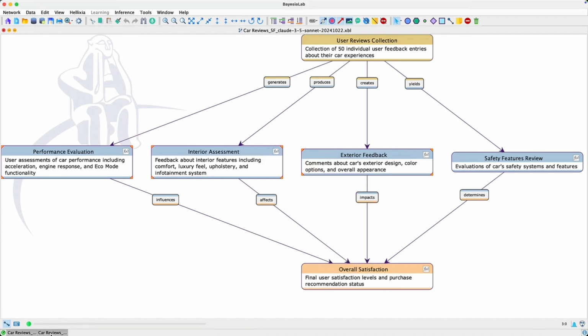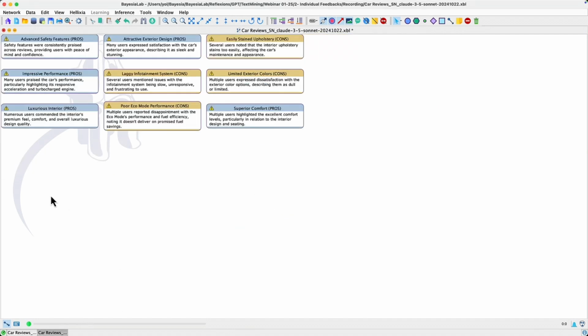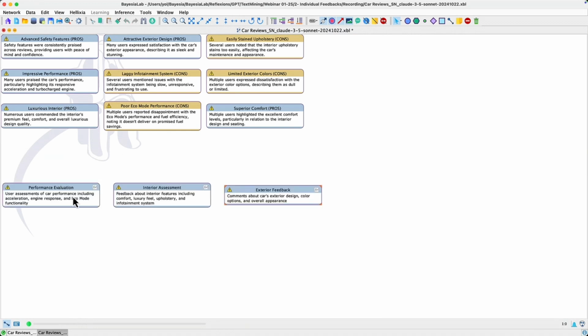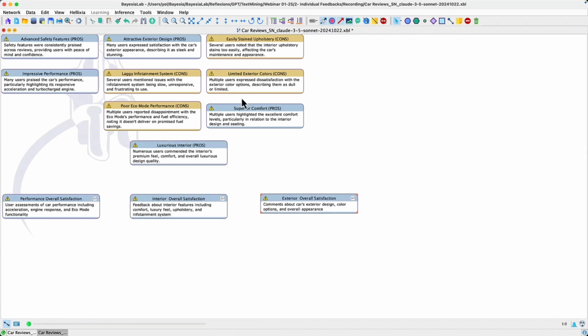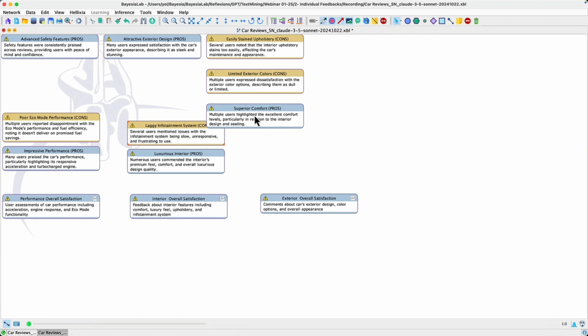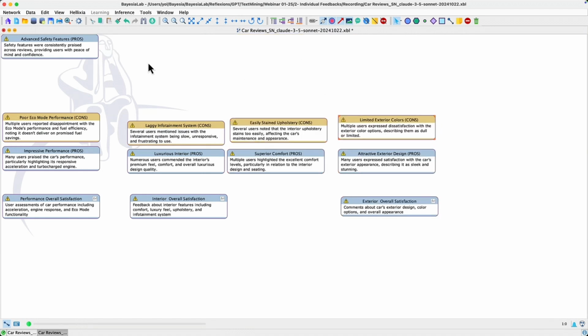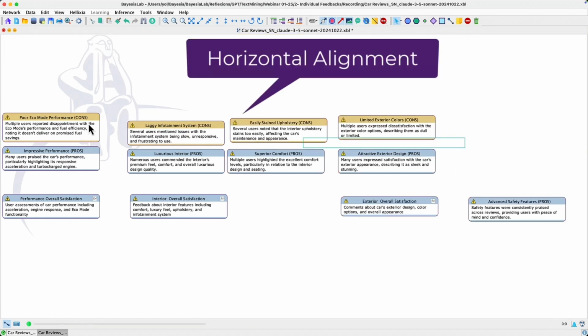I copy these nodes and paste them in this graph. Then I need to organize this graph a little bit. I rename these nodes because they correspond to a kind of sub network: performance overall satisfaction, interior overall satisfaction, exterior overall satisfaction. As you can see, it's a little bit fast forward.